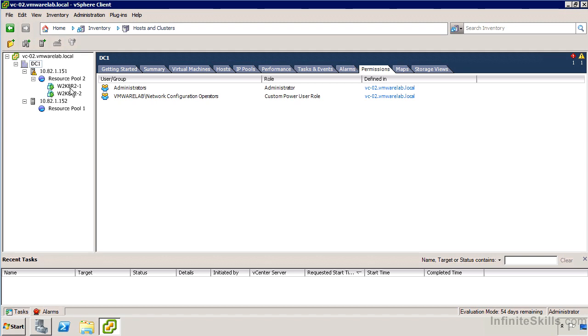That can be a little tricky because if they do something like shut down, then they may not be able to come back and turn the virtual machine back on. But maybe we want to remove their capability to shut down virtual machines and just let them access the console for whatever it is they're supposed to access it for. So we can definitely take advantage of the roles that are in vCenter,